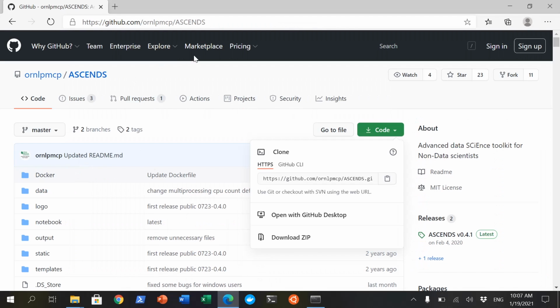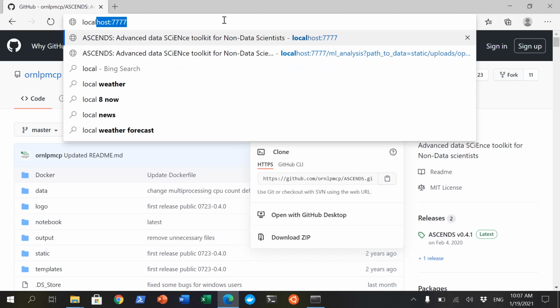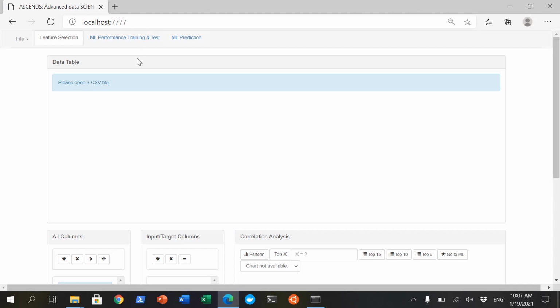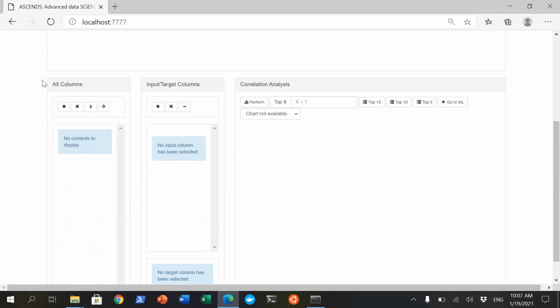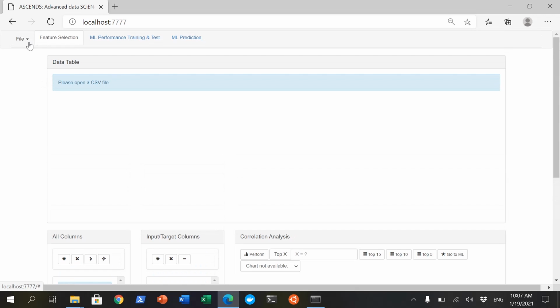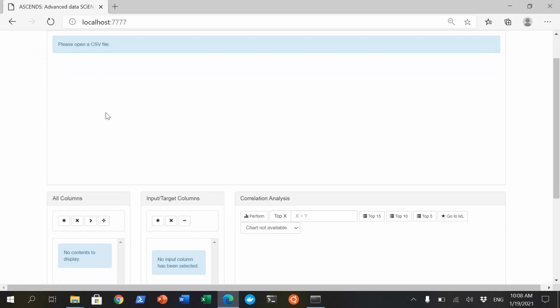So open up a web browser again, and then go to localhost:7777. Now you see all this interface that is ready to go. So you can open up a CSV file with all the data that you have collected, and then do all the analysis and then machine learning. Okay,